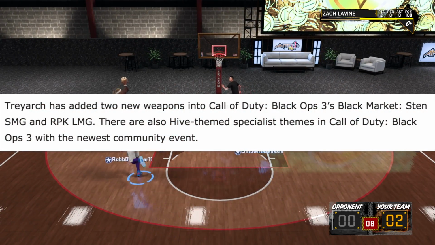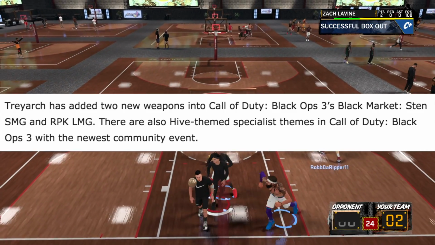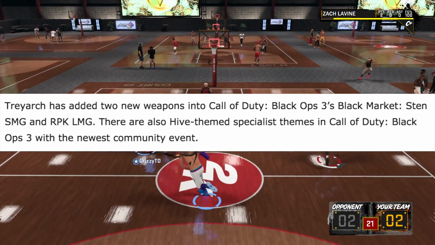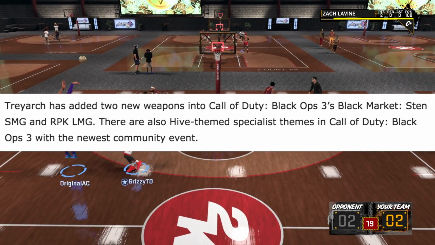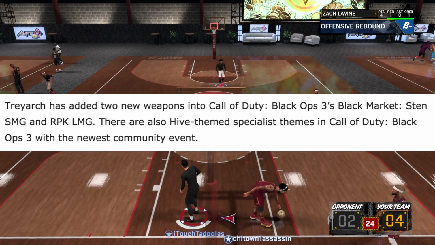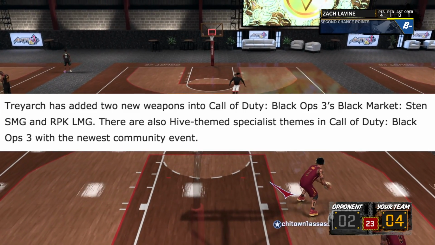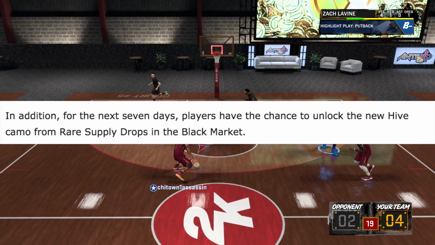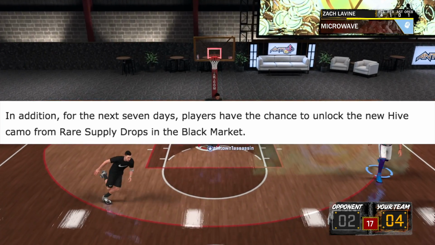Treyarch has also added two new weapons in the Black Ops 3 Black Market, the Sten SMG and the RPK LMG. I did forget to touch on those yesterday, but they are added now. There are also Hive-themed specialist themes in Call of Duty Black Ops 3 with the newest community event. In addition, for the next 7 days, players have the chance to unlock the Hive Camo from rare supply drops